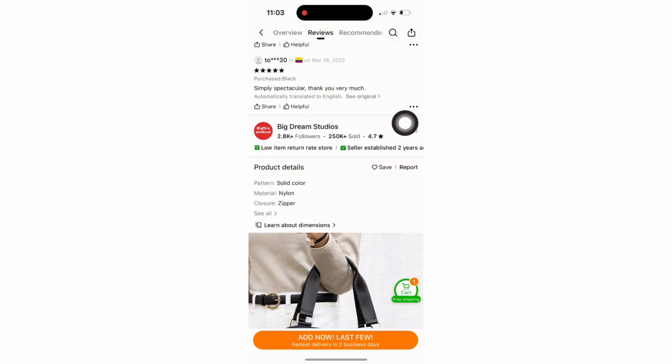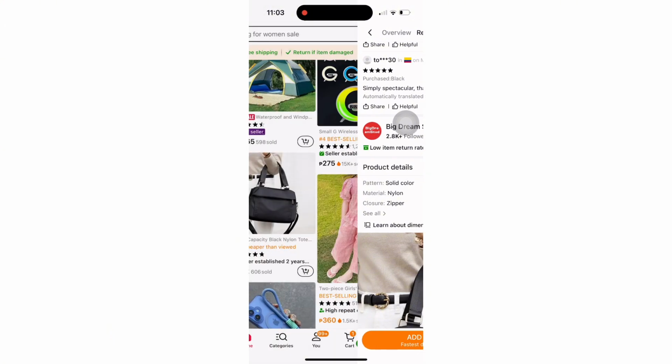This heart is your wishlist button. To add the product to your wish list, simply tap on that heart and you'll get a quick confirmation that the item has been successfully added. It's really that simple. Now, if you want to view your wish list later, tap on the profile icon at